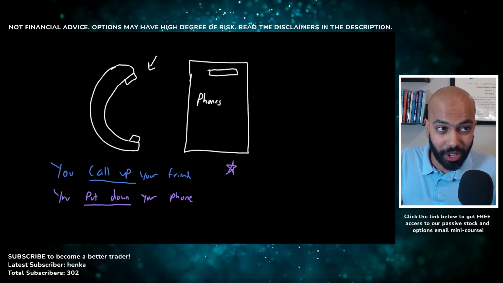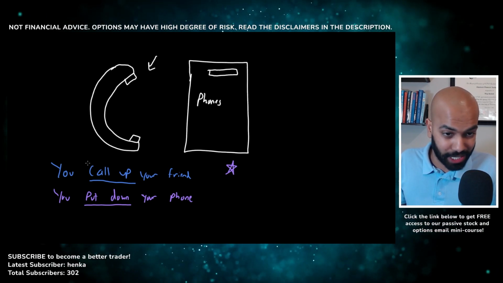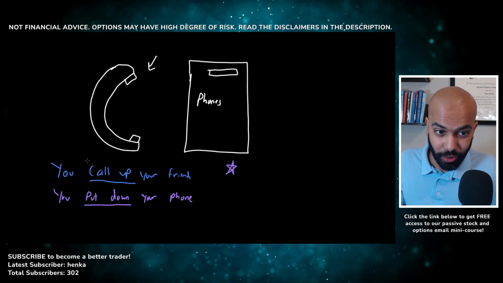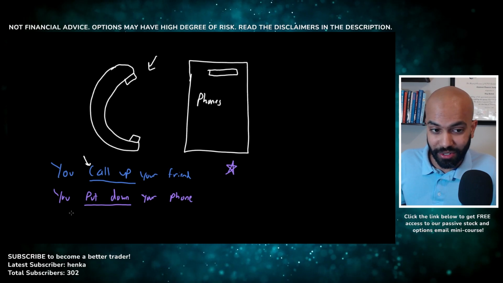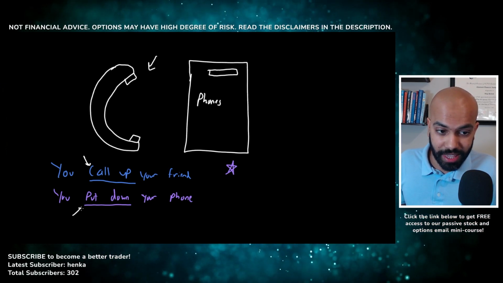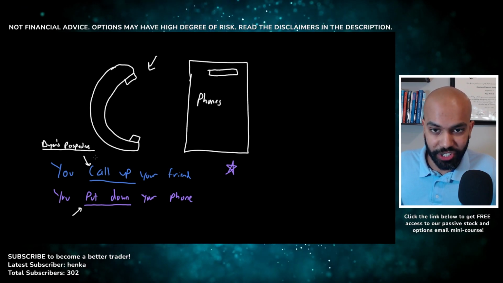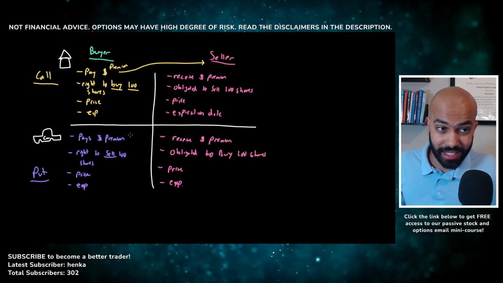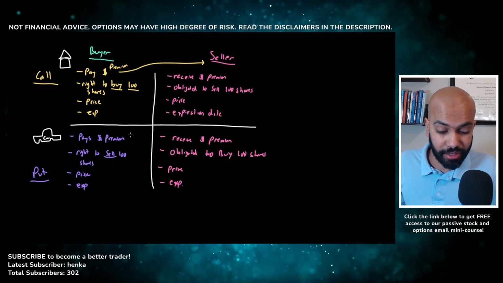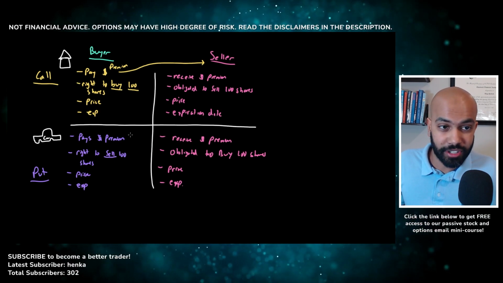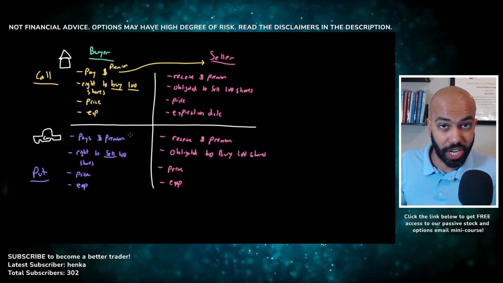So remember, the call option gives you the right to buy 100 shares at a predetermined price on or before the expiration date. So because you think the stock's going to go up, you would use a call option, call up. Similarly, if you think the stock's going to go down, you would buy a put option. And this is from the buyer's perspective only. And this will help you keep the definitions clear in your mind. So going back to this, this is the basics of options. There's both a buyer and a seller for these transactions, and there's both a call option and a put option. And understanding this is absolutely fundamental to understanding more complex option strategies, which I will make sure I cover in this channel.